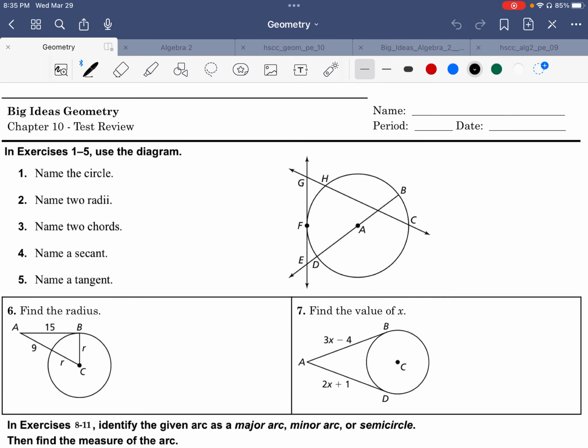What's good, Logan? We got a test tomorrow, so I wanted to go over this review since I can't be